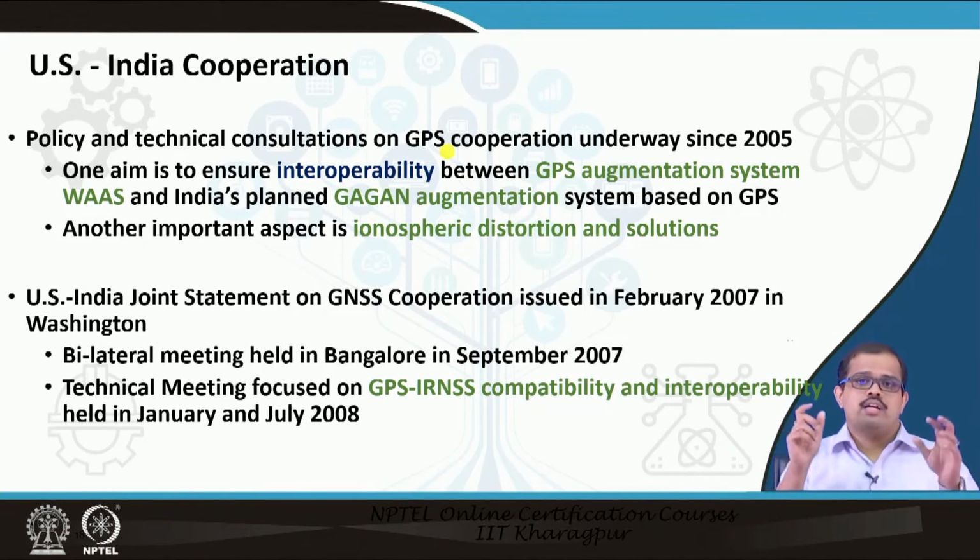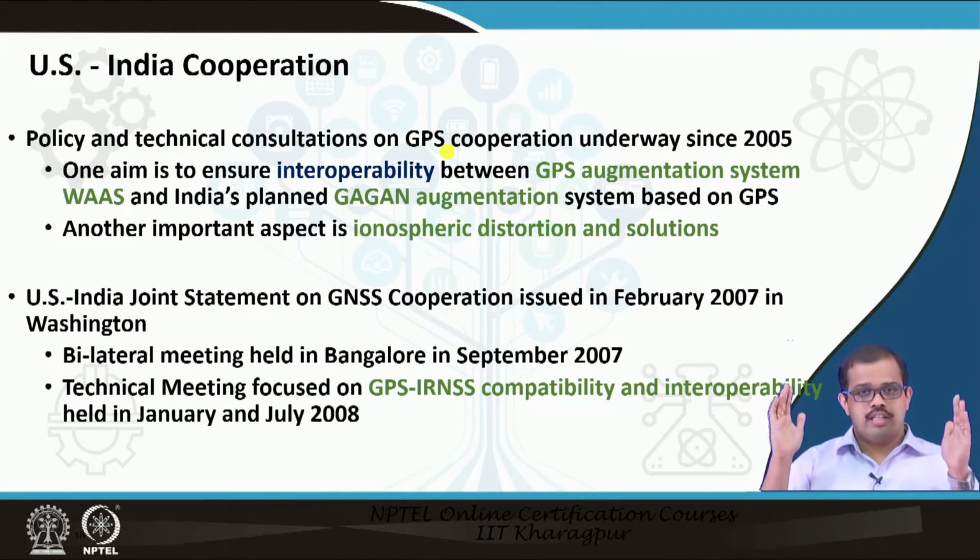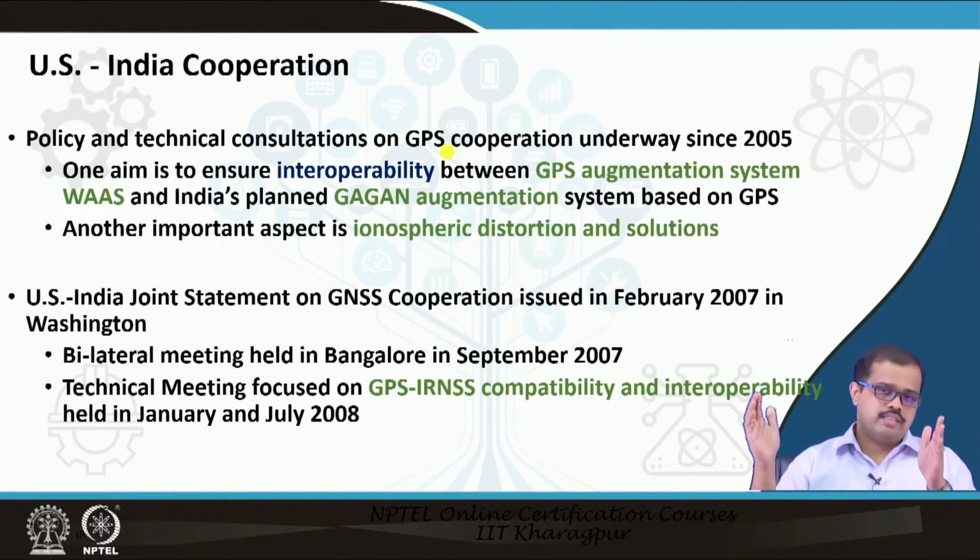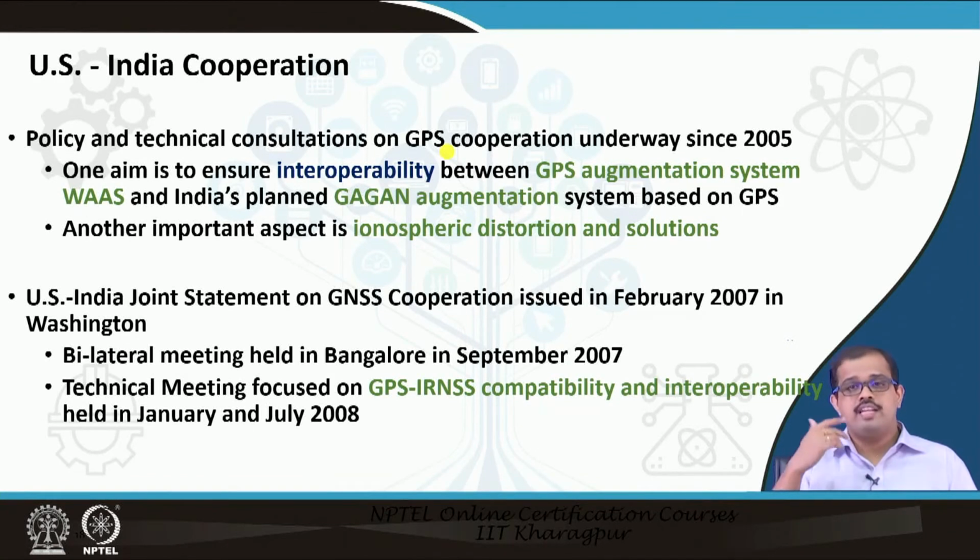So now all the three systems which are already there, GPS, WAAS and the Indian system GAGAN, are going to be augmented, and they have a same platform for interoperability of all of these signals. When I say interoperability, I mean one signal can be used by other systems and also to improve its capability. So that is what is called interoperability.